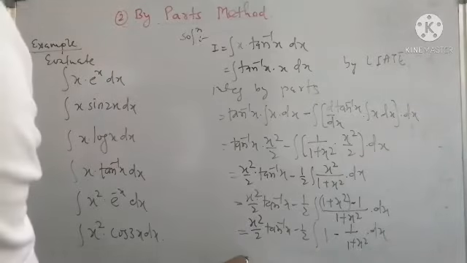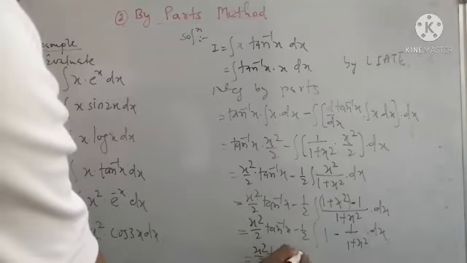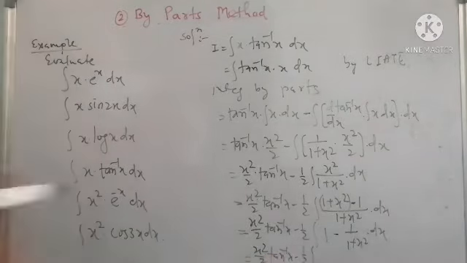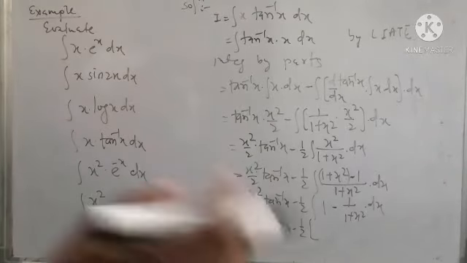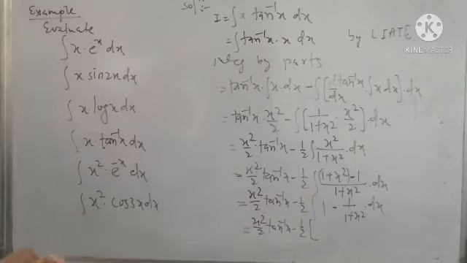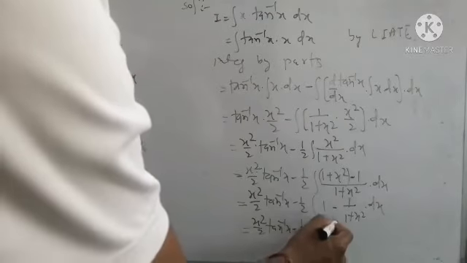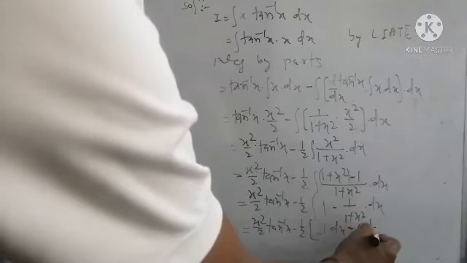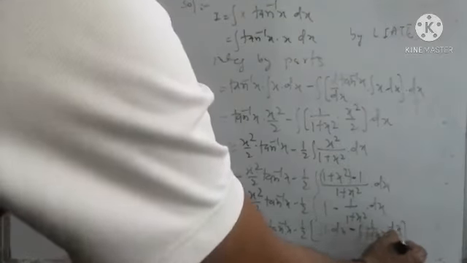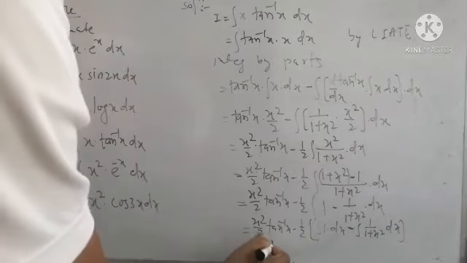Now the first term remains as it is, x square by 2 tan inverse of x minus half, and we put a bracket, as we know in separation we get two separate integrations, but 1 by 2 is a common multiplier of both, so we put a bracket before separating. So we take separation of first integration by 1, first term 1 minus integration of second term 1 upon 1 plus x square into dx, and finally we get the answer as x square by 2 tan inverse of x